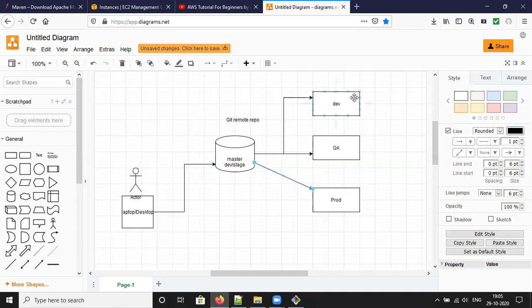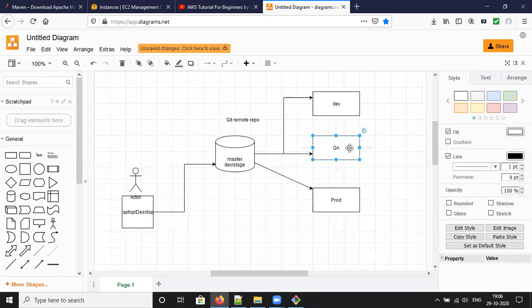Once the development is complete, developers will commit their code to the Git remote repository, that means the dev branch or master branch. Once dev is completed, the quality team will take from the master branch to quality.